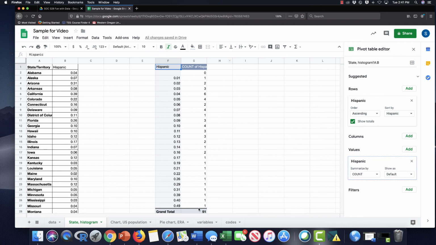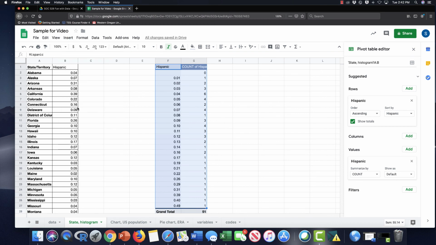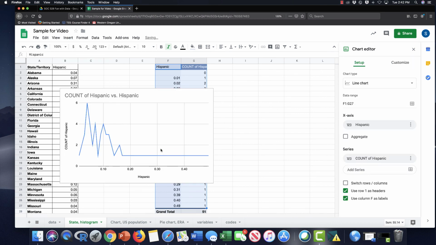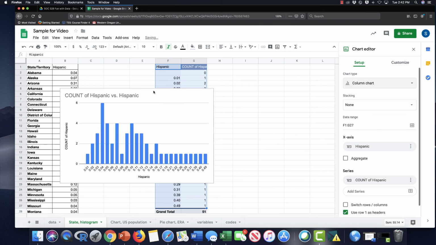If we do a chart out of this frequency table, we can insert a chart that will show us the different percentages. I would not use a line chart here. I would be more likely to use a bar chart. What this shows you is that